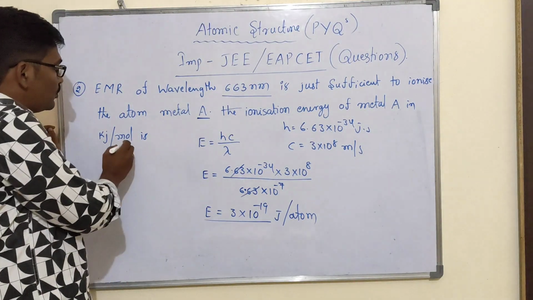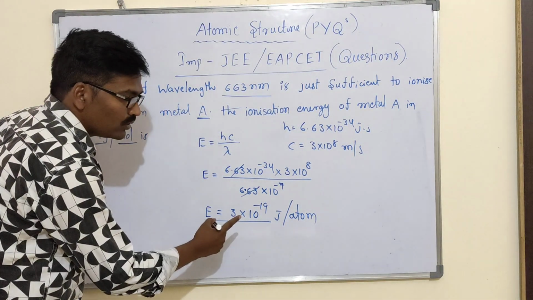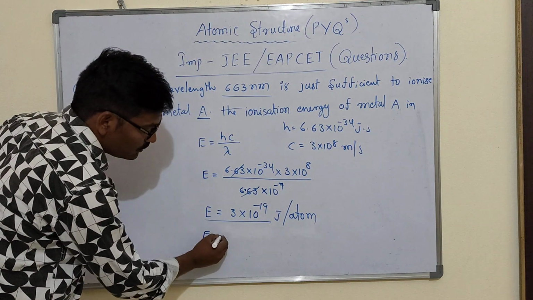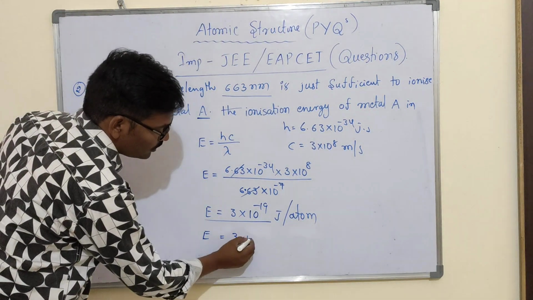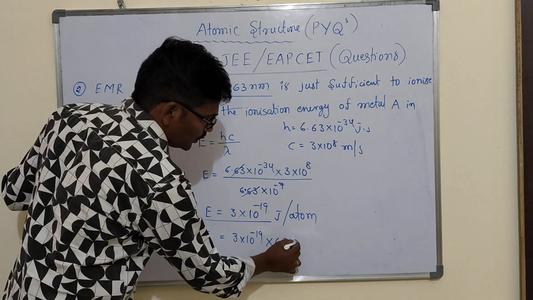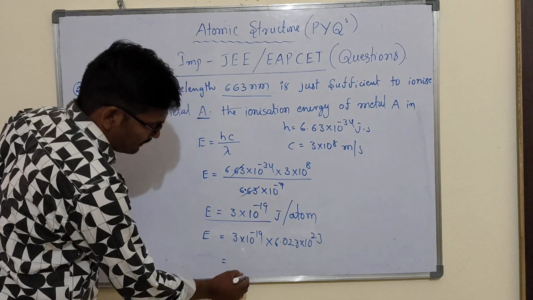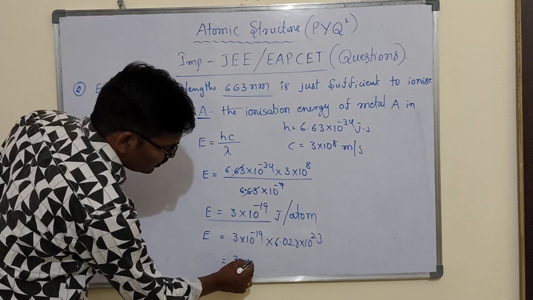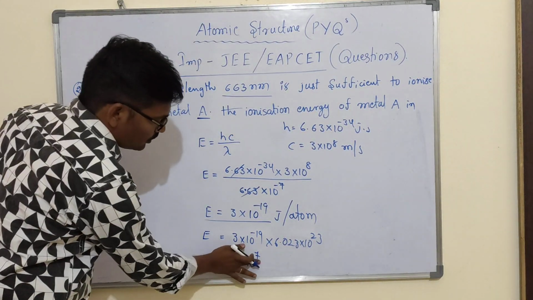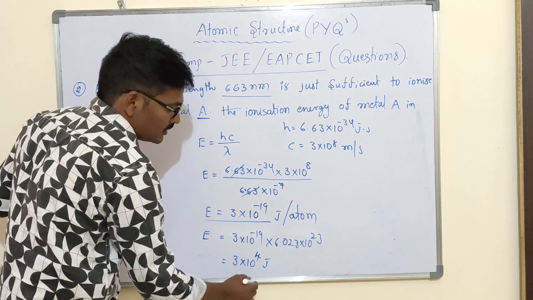But we have to find out per mole, kilojoules per mole. So per mole, you have to multiply with the Avogadro number. So energy per mole, if you take 3 into 10 to the power of minus 19 into 6.023 into 10 to the power of 23, then you can get 3 into 10 to the power of 23 minus 19, 4, then joules